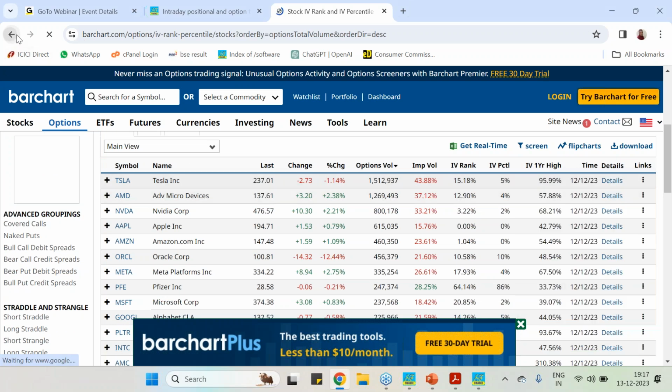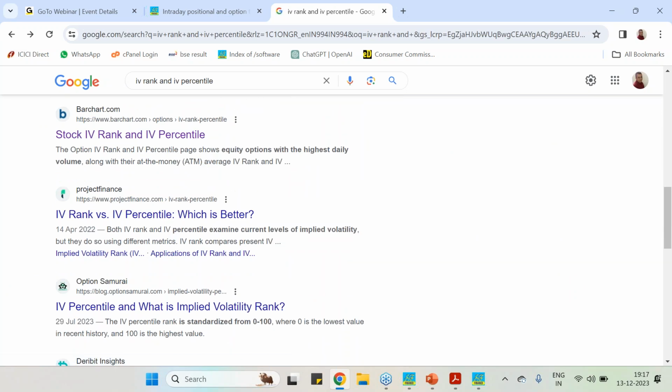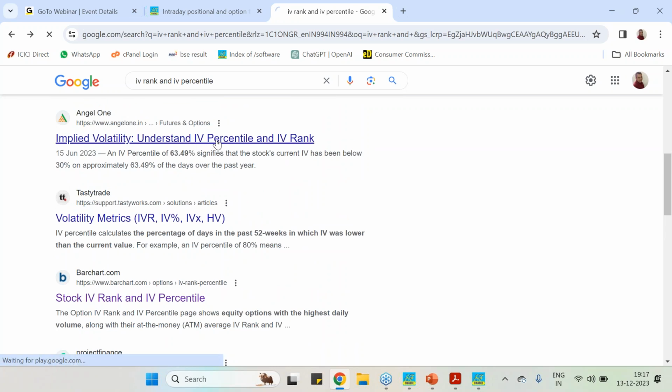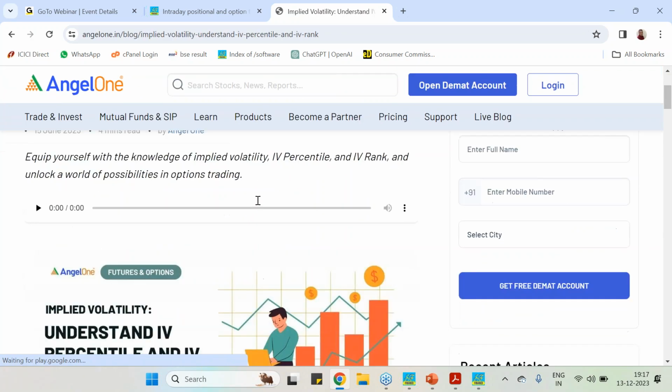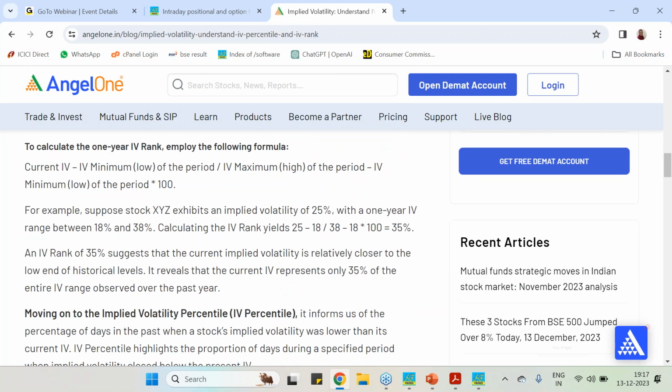So here, in a similar way, what they are saying: IV rank and past 50 or lowest IV, highest IV, everything is perfect, but it is telling underlying asset XYZ, means that particular stock's IV rank and IV percentile. So here also you will get a great article, which also belongs to some broker. What it says: suppose stock XYZ